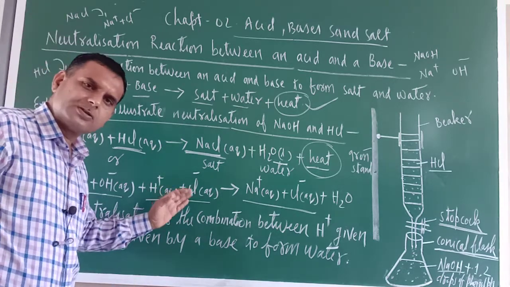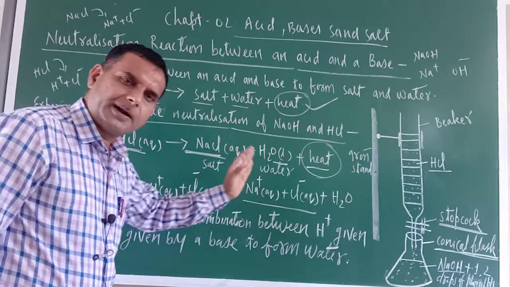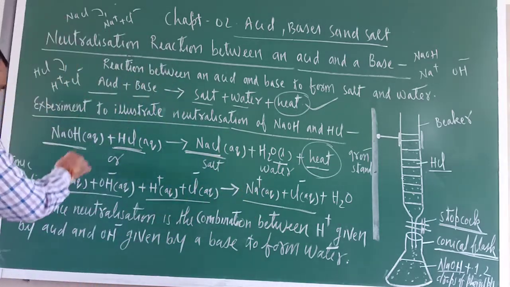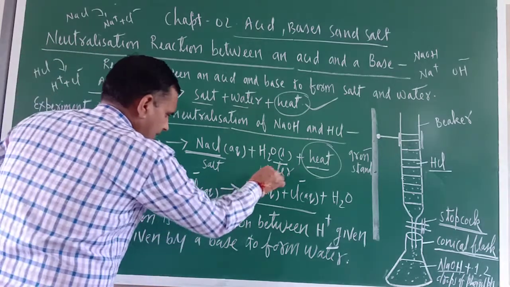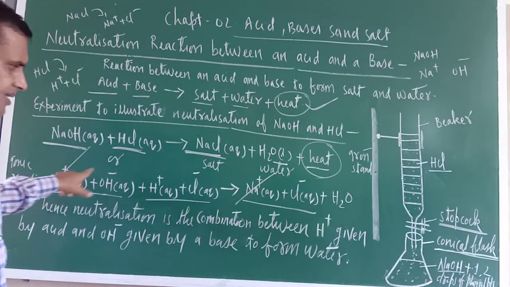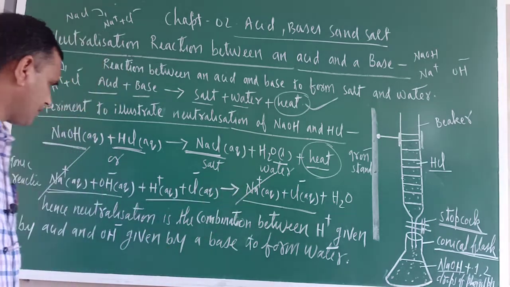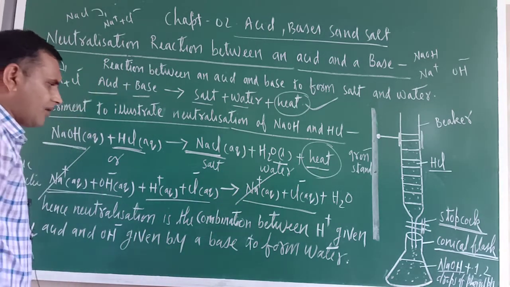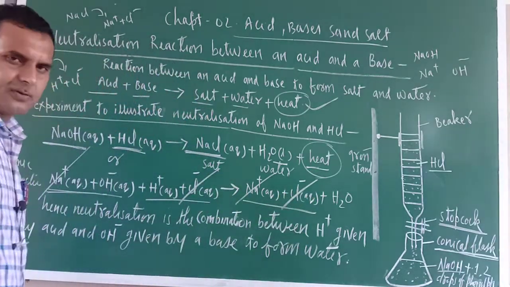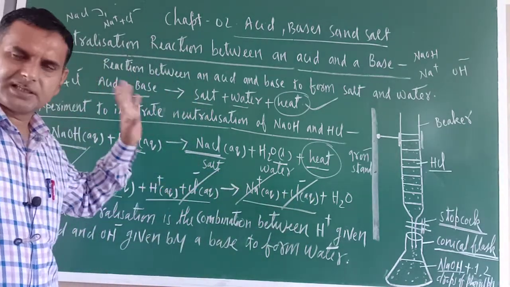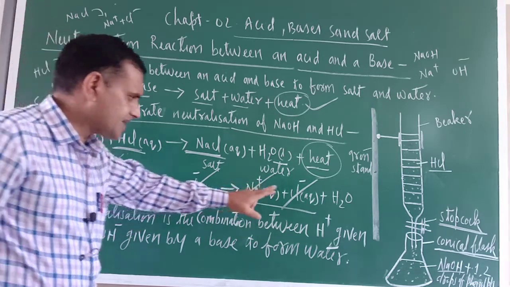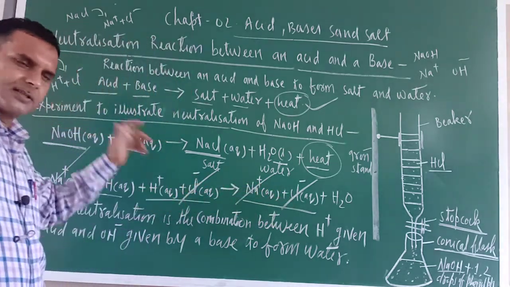So ions which are present on the reactant and product side both should be cancelled out. Now just see. Na positive should be cancelled out because Na positive is present on the reactant side and Na positive is present on the product side. Now Cl negative and Cl negative should also be cancelled out, because Cl is present on the product side and also on the reactant side.